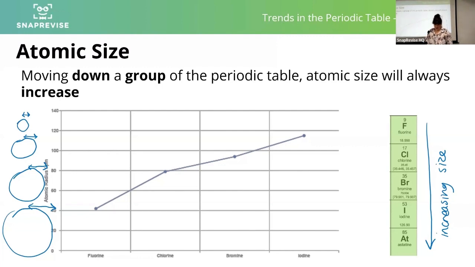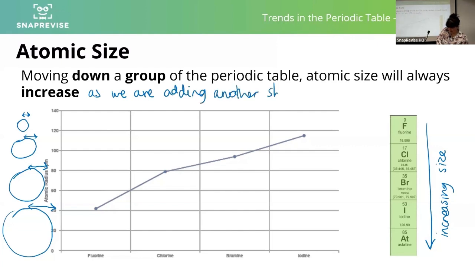What else did I want to say? Oh yes, so why is it increasing in size? It's increasing in size because as you go down a period, one of the links to the periodic table is every period, so 2, 3, 4, 5, etc., you are adding a shell of electrons. So moving down a group of the periodic table, atomic size will always increase as we are adding